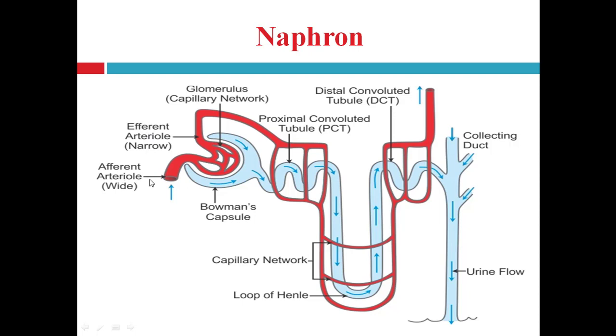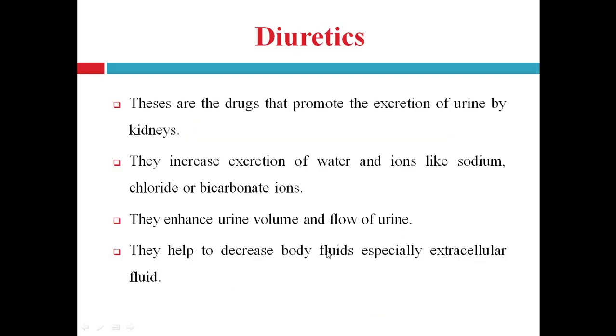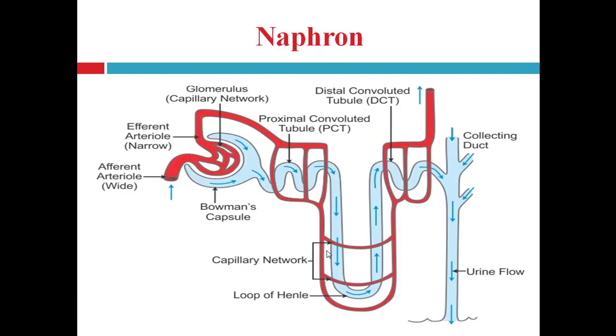The afferent arteriole is the artery which carries blood into the Bowman capsule, and the efferent arteriole is the arteriole which carries blood from the Bowman capsule, right? In between these, blood is filtered through the glomerulus capsule, right? And this capillary network is adjacent to the different tubules of the nephron, right?